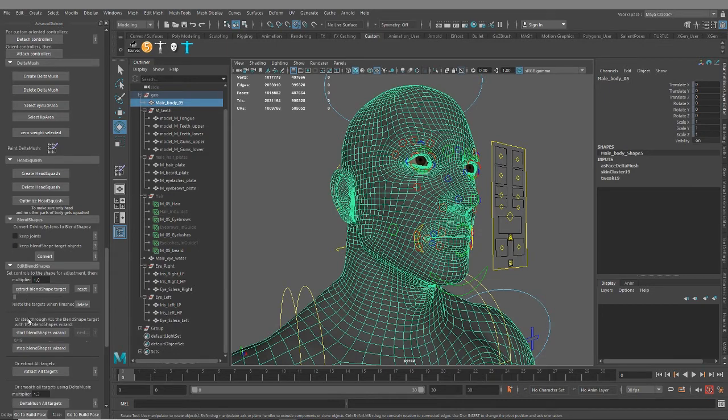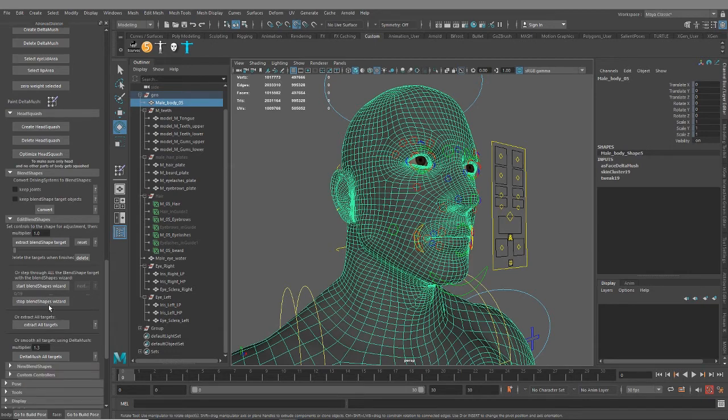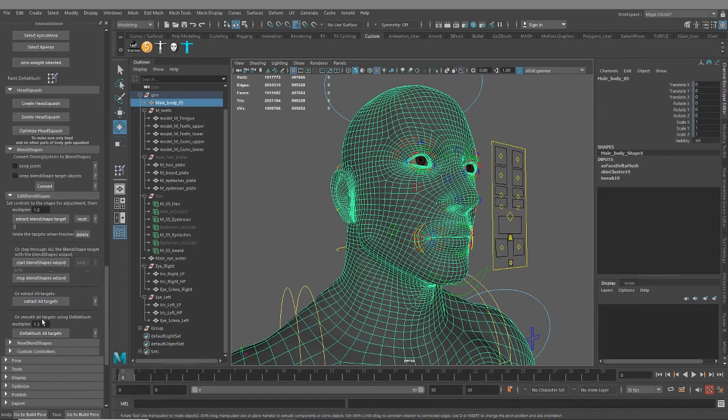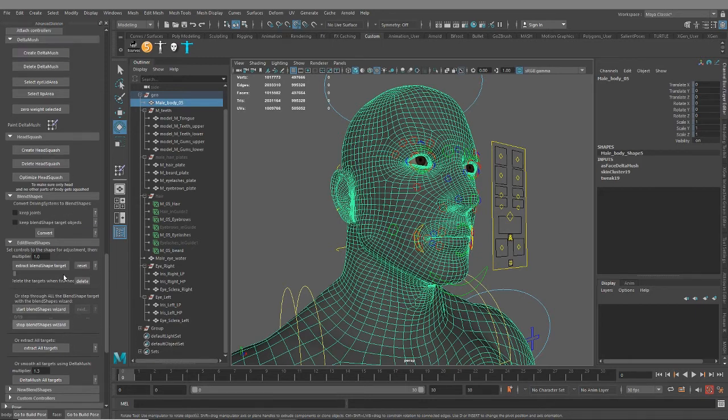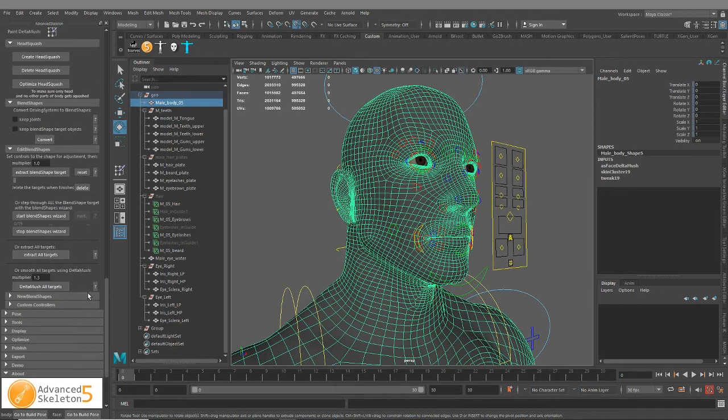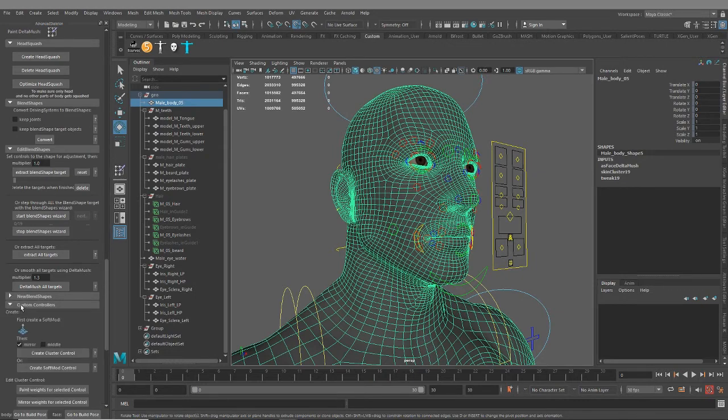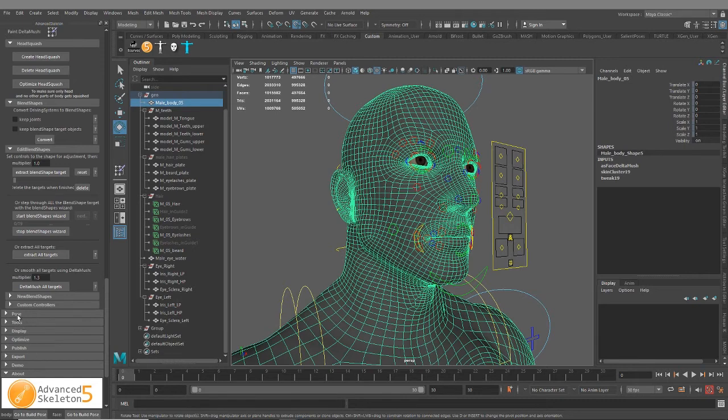Oh, here, I think here it is. Or step through all the blend shape targets with blend shape wizard, or extract all targets. I have to look on Advanced Sculpting's website or their YouTube channel and see if they go over all of this. I don't remember having these tools in previous versions. Custom controllers, creating new blend shapes. Yeah, I think that's it for the